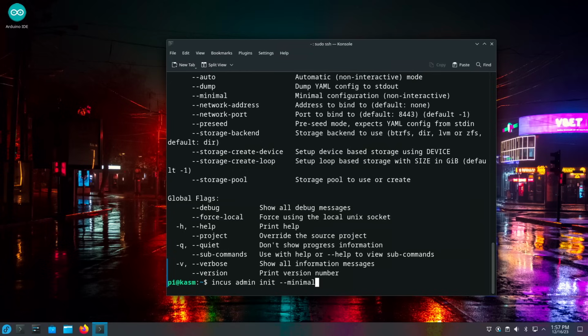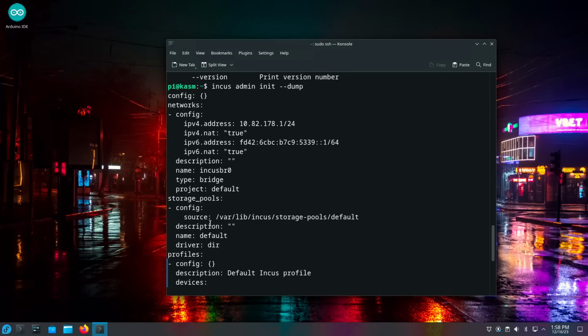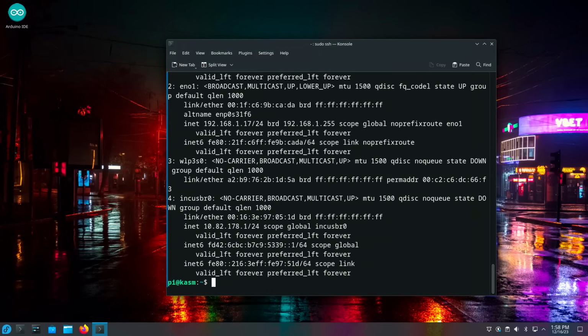Now I've already done this. Once you've done this, it will create a bridge that has your IPv4 and your IPv6. Now, you don't have to do these if you don't want to, but I do, because I use IPv6 here in my lab. Just like when we were out in Proxmox, the first thing we need to do is